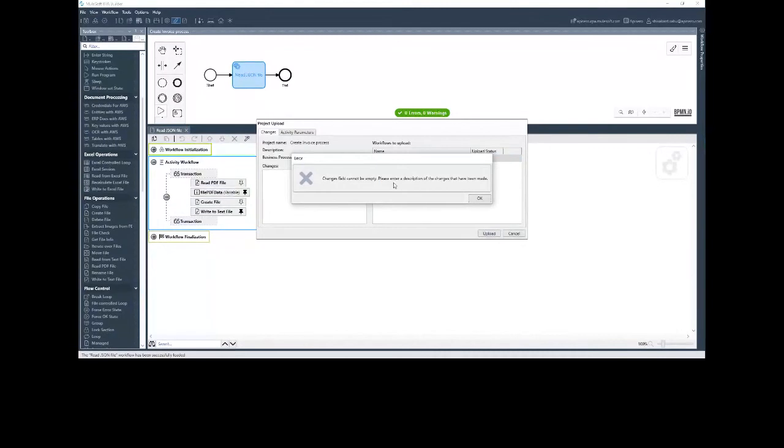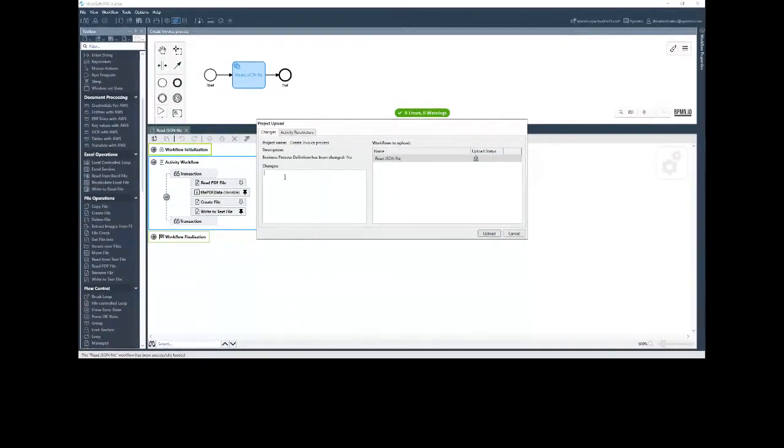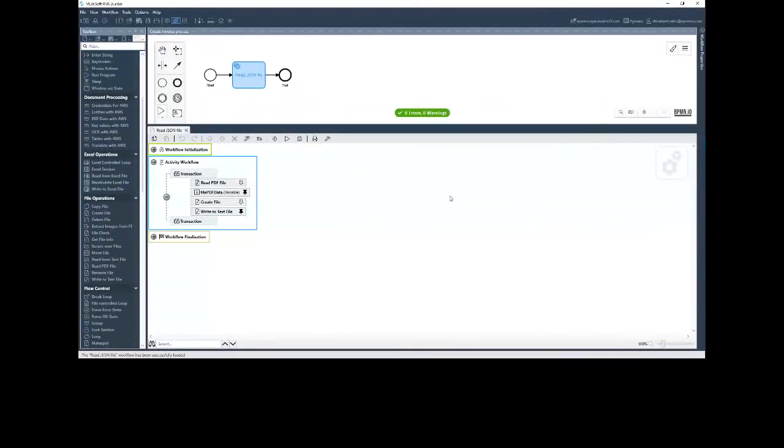Although I have not made any changes, this is just the builder, right? Your actual RPA works on the server only. Project upload was successful. All right, then I want to test this process.